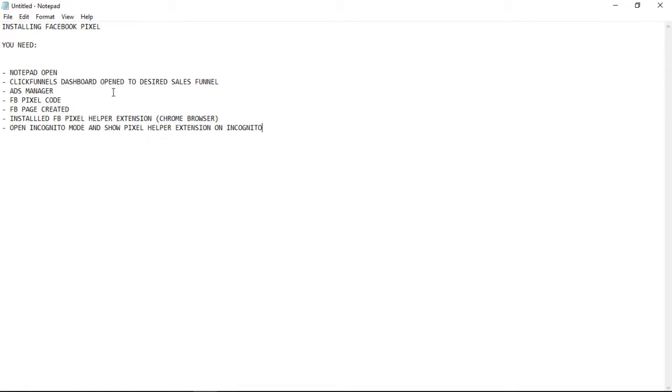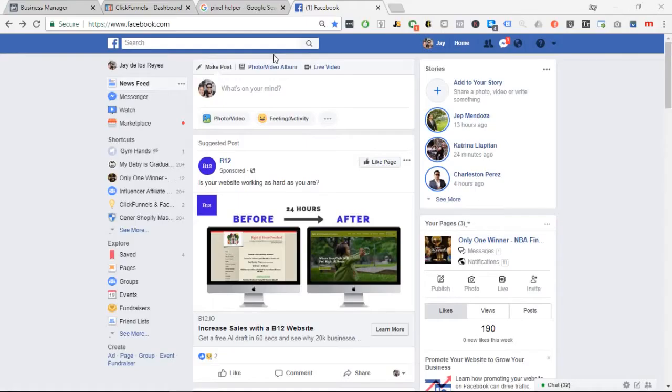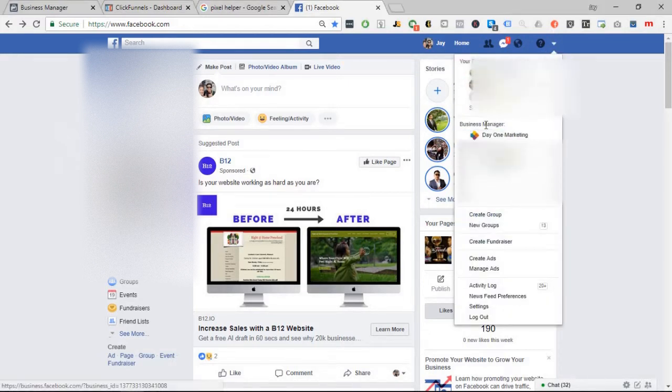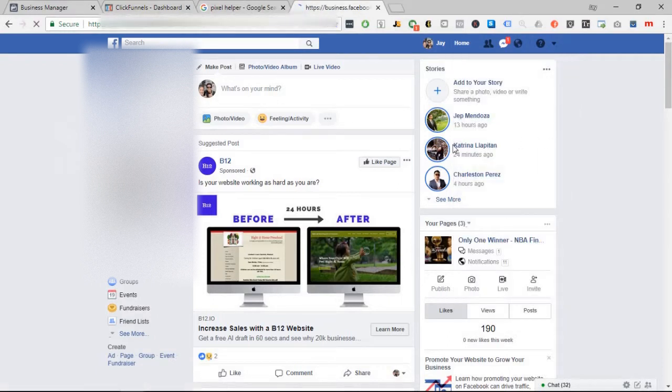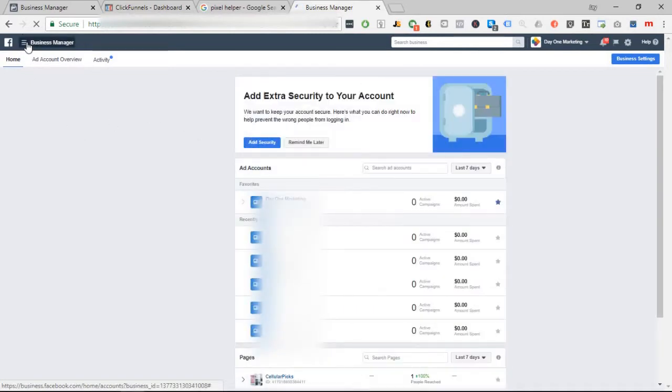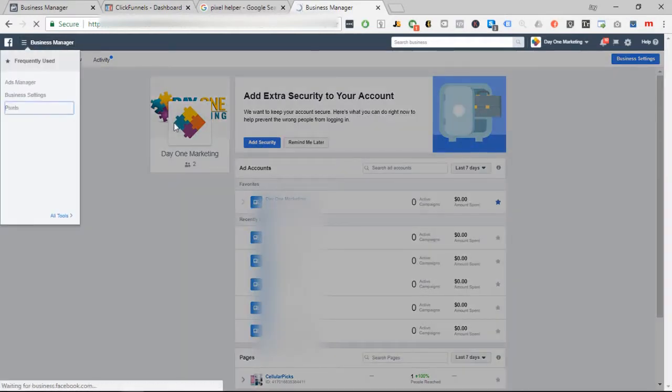So first off, let's go ahead and go to our ads manager. One of the ways to get to your business manager to access your ads manager is you can just go to your main Facebook account, click on this little down arrow right here, find business manager, and go find your business manager. You can have multiple business managers, so find the one that you want to add your pixel to. Once you're in your business manager, go up to your upper left hand corner and find your little hamburger looking icon. Click on that, go to pixels,